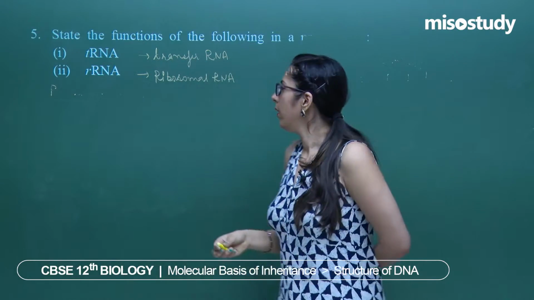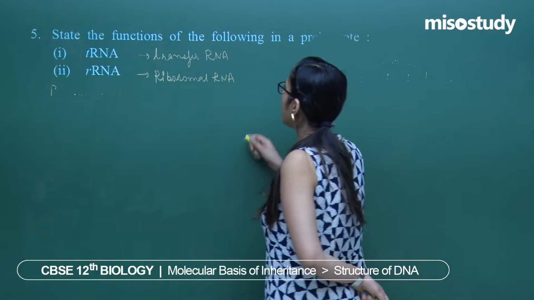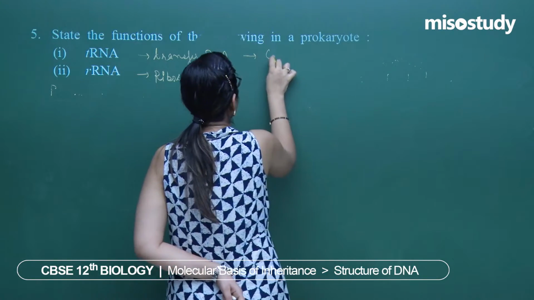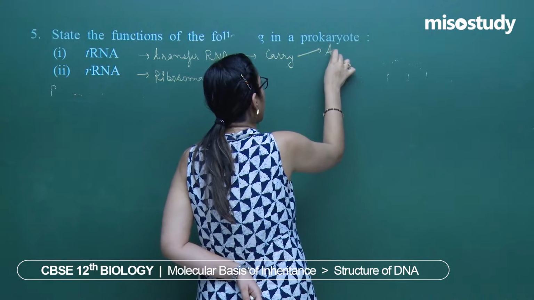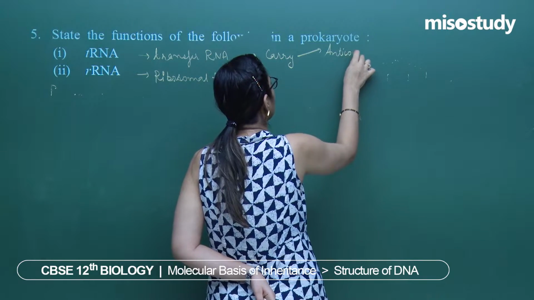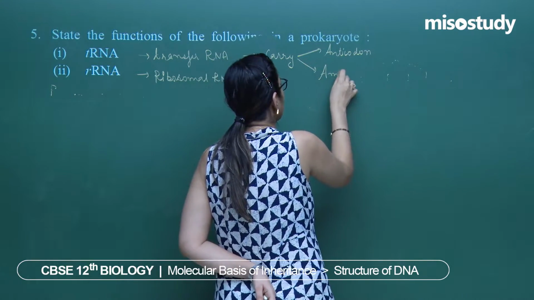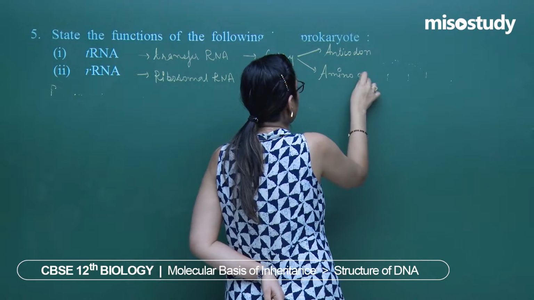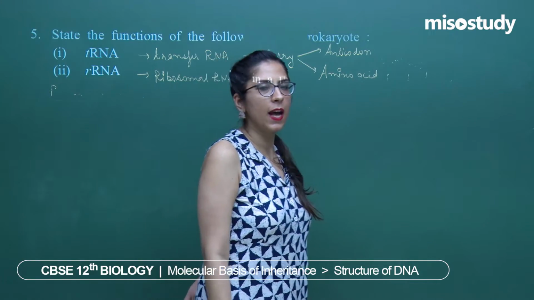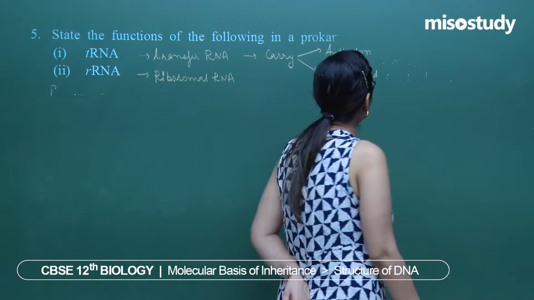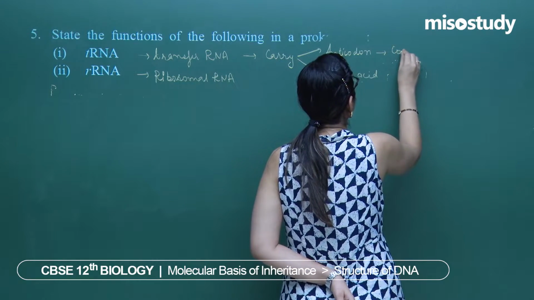Now, tRNA, the transfer RNA, has the function that they carry two things. One is called an anticodon, and the second is called an amino acid. Each of these has a specific function. What are those functions? Anticodons are complementary to